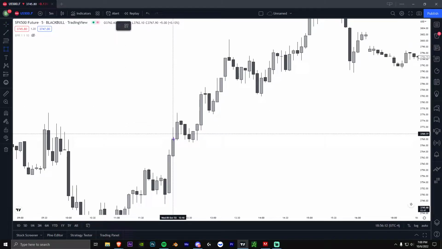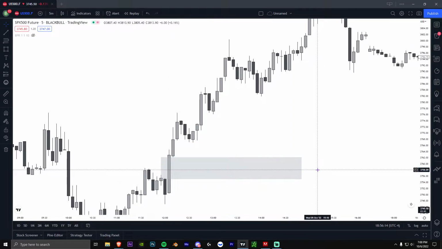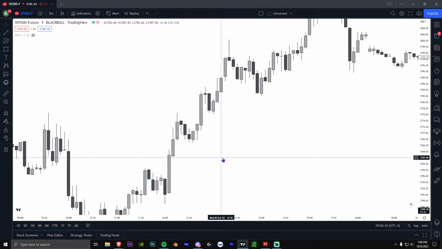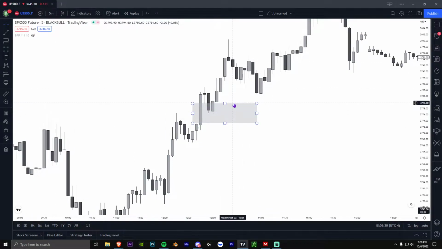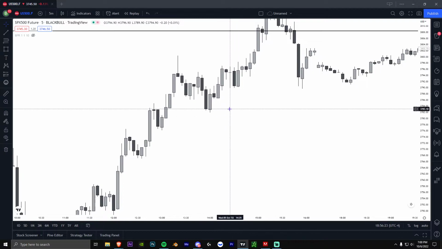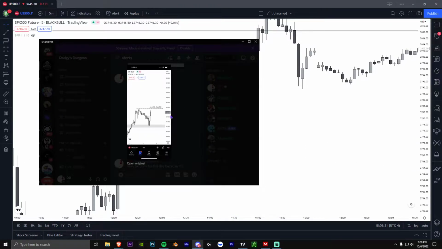So some possible good entries could have been right here, which we never got to, okay? Could have been right here, fair value gap. You can enter it here. We have an order block right here, which you could have entered, okay? And the entry that I ended up alerting was